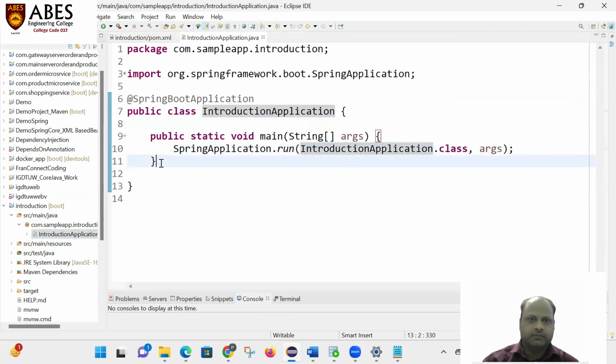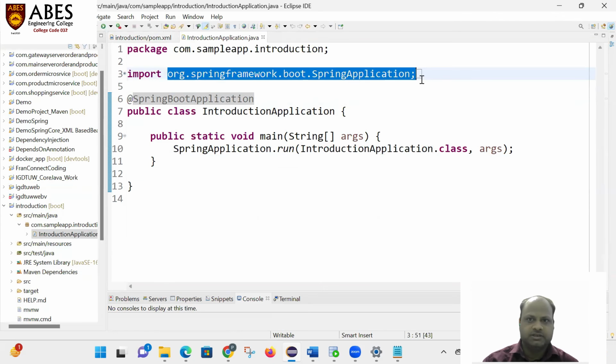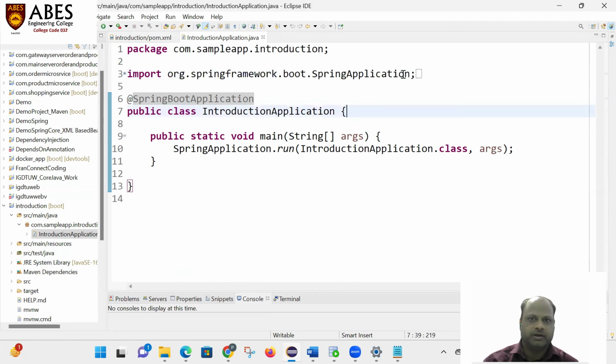This is the code you can see. This is the package we have created, and this is the predefined package where your Spring Boot application dependencies are available. Some helper classes are available in the Spring Boot